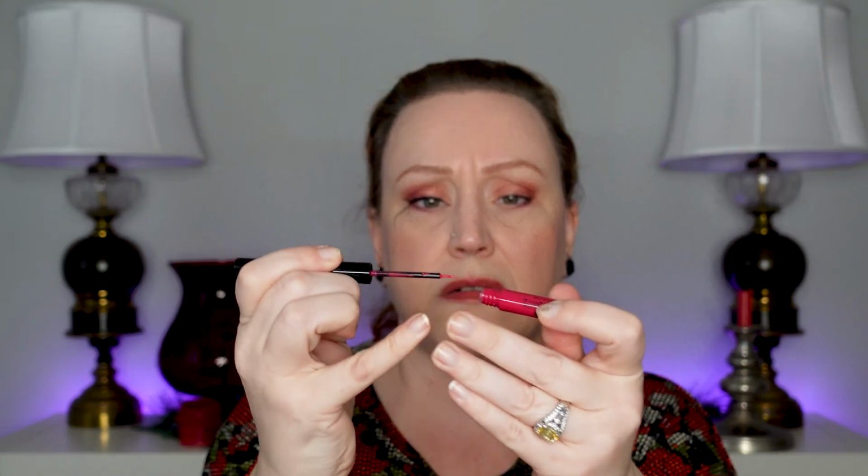See? Let me show you with a brush tip. So this is a brush tip liquid liner, right? The applicator is a brush. So I'm just drawing random designs here. Have an idea of what you want to do, but just kind of bracing my hand,